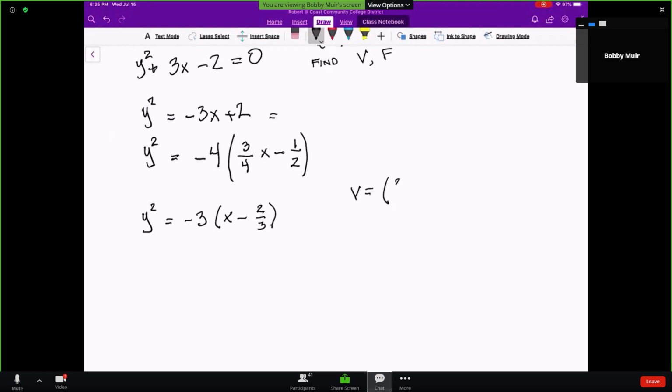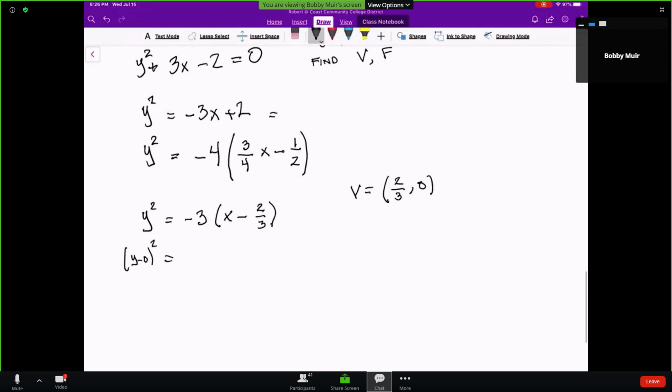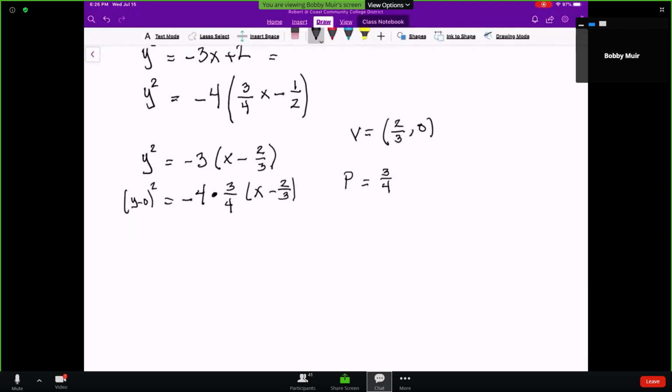The vertex is at 2/3, comma 0, because this is y minus 0 squared. Okay, now if I multiply negative 4, then this has to be 3/4 to get x minus 2/3. Okay, so the p is 3 over 4. Now to find the coordinates of the focus,